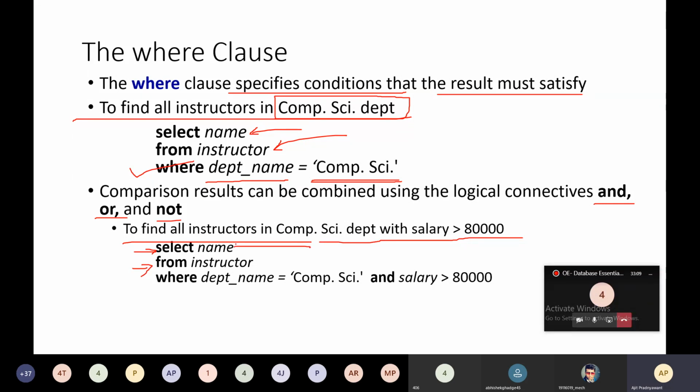Why have we selected name here? Because it says find all the instructors, that's why in the select clause I mentioned name, from instructor, where department name is equal to computer science and salary is greater than 80,000. This is the way to add the logical connectives into the where clause.